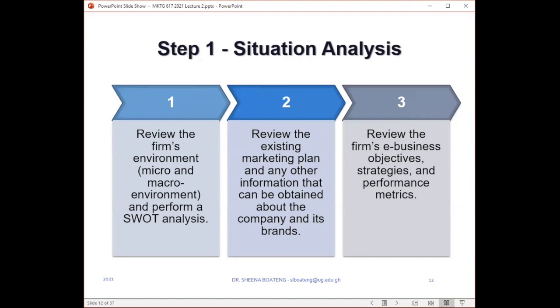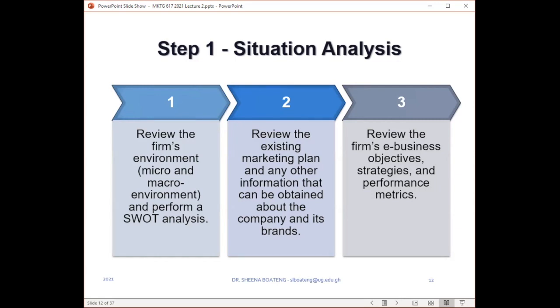Therefore, what we do with regards to the micro and macro environment is engage in what we call environmental scanning. So this scanning consistently helps us to be able to identify what we refer to as strengths, weaknesses, opportunities, and threats that can be found in the micro and macro environment, and how we can be able to use these strengths, weaknesses, and opportunities and threats to fuel our e-marketing strategy to make it better, right?